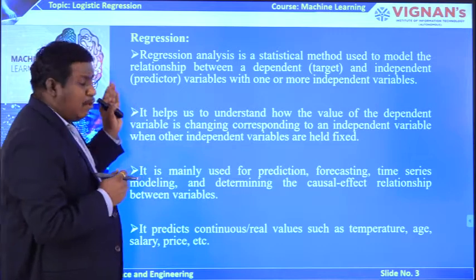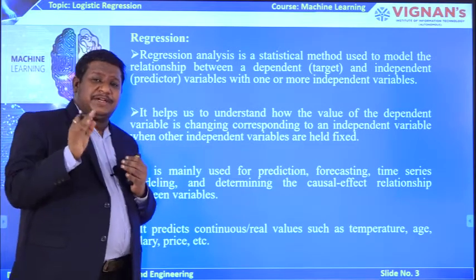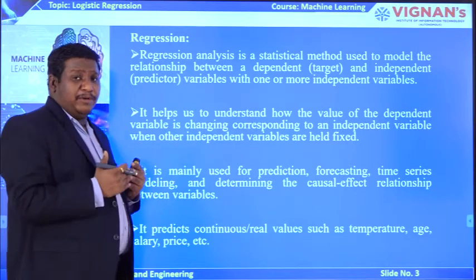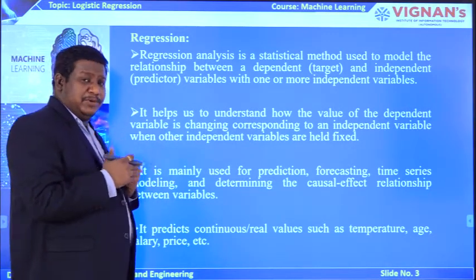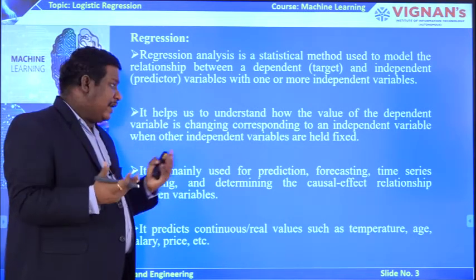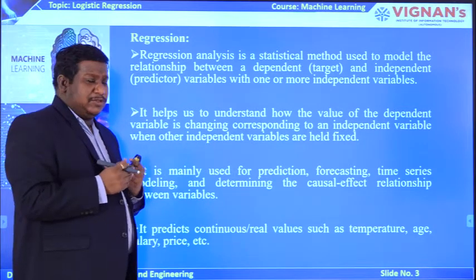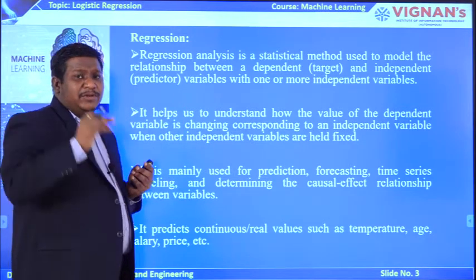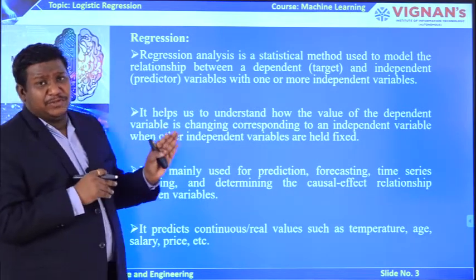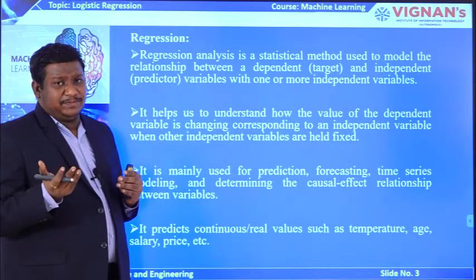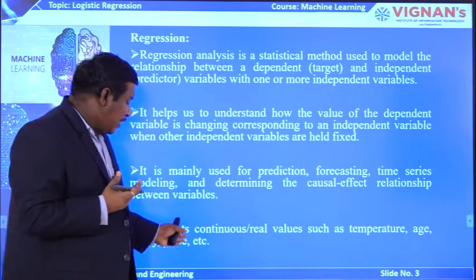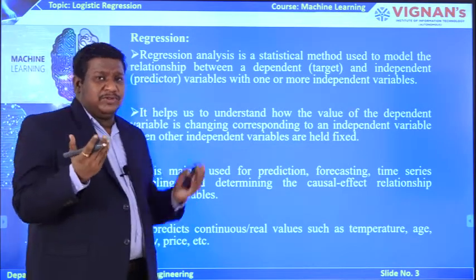That is the thing. Moreover, regression is used for predicting or forecasting values. One more important point is that regression shows how the dependent variable changes when there are slight changes in the independent variable. These are the different things we are going to learn about the regression model. Moreover, regression can be used to find continuous values. Wherever the data is in the form of continuous values, you have to use a regression model.